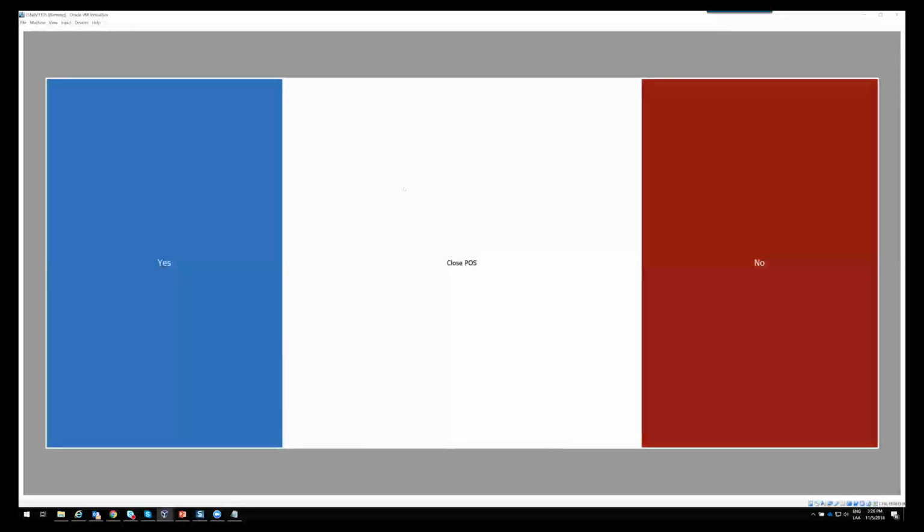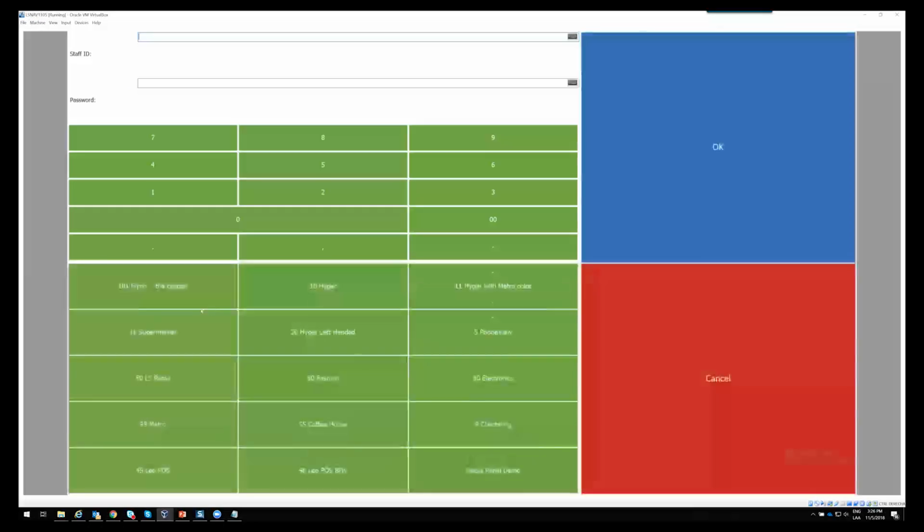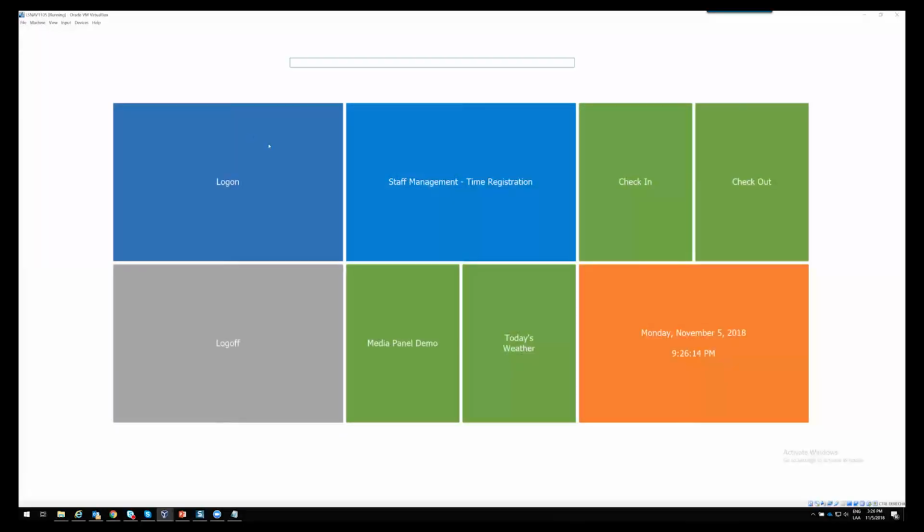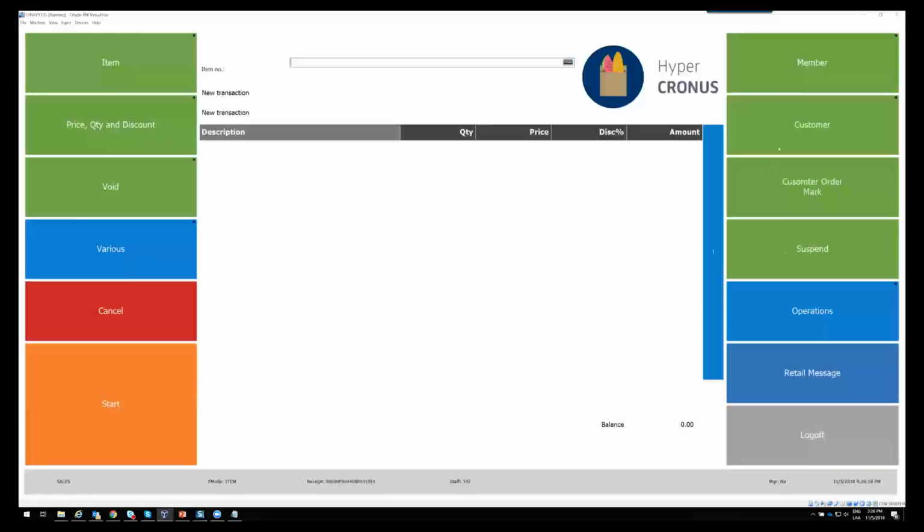The difference on the permissions are for buttons. For example, if I open this POS with 102, 102 is a cashier and has no permissions. So with this 102, there are some buttons that have manager permissions. If I go to operations, I don't know if you can see this little square in here. I don't know why it's there, but this refund, the cashier is not able to do a refund. So that's why this button is